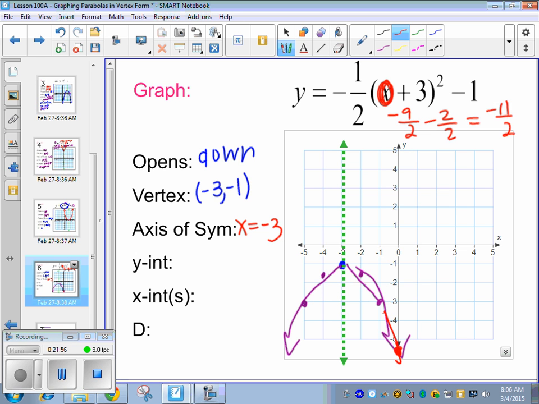Okay, so kind of crossed right there. So I have 0, -11/2, or if you want to put -5.5, that's fine. Okay, do we have any x-intercepts, you guys? No, it does not cross the x-axis, which means that the discriminant is